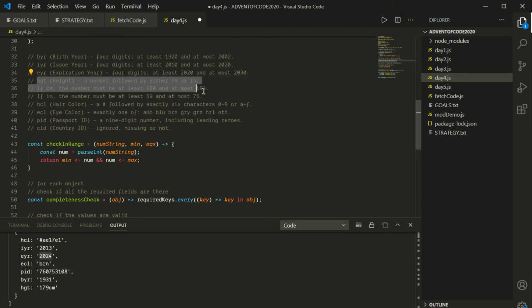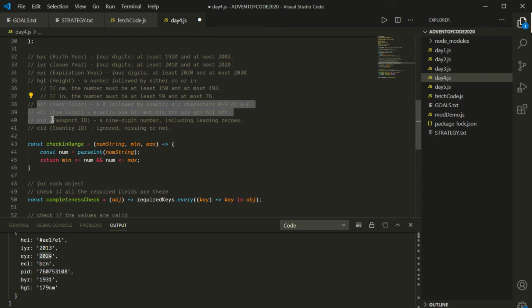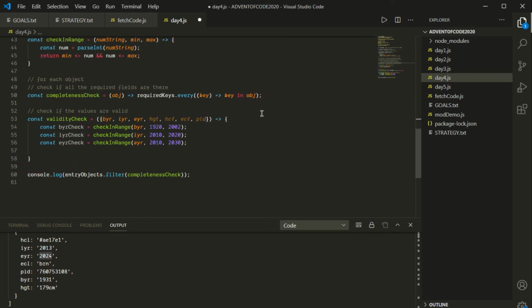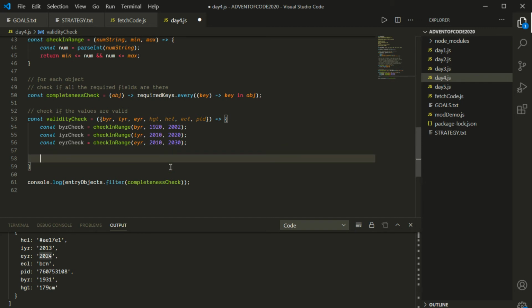I kind of want to save height for last. So yeah, and let's remember that these two parts go with the height. So let's do the hair color, eye color, and PID. And then we'll talk about how we can do the other part. Okay, so what's next then? If we're saving HGT for later, I'll just leave a space for it and we'll say HCL